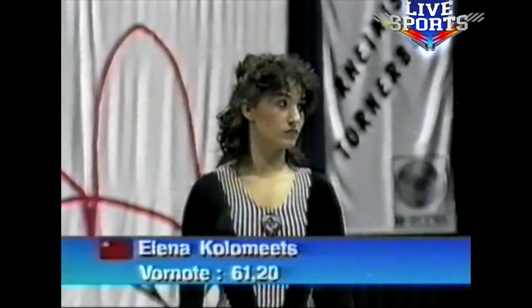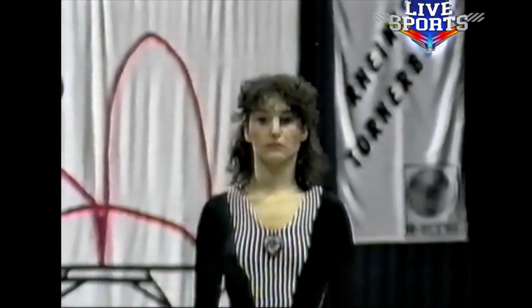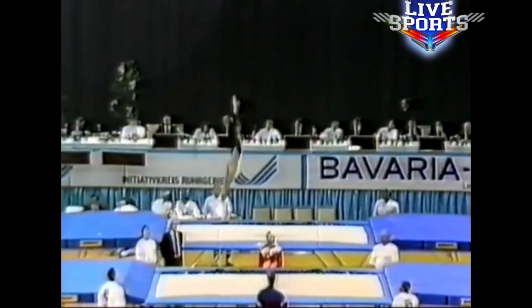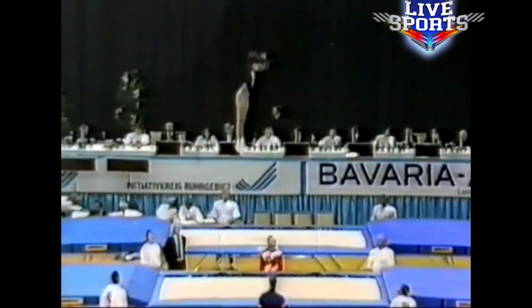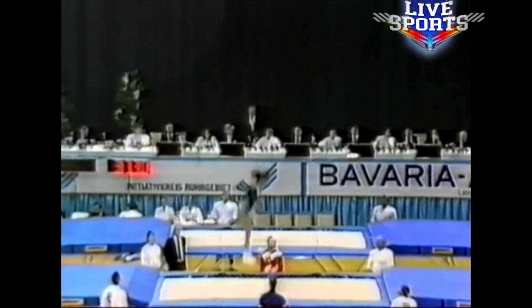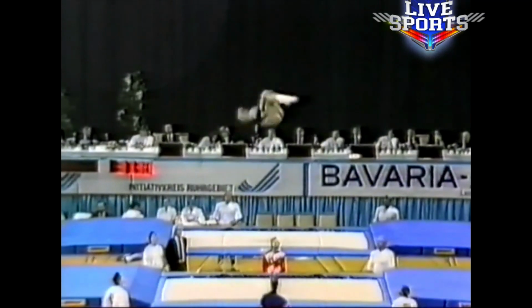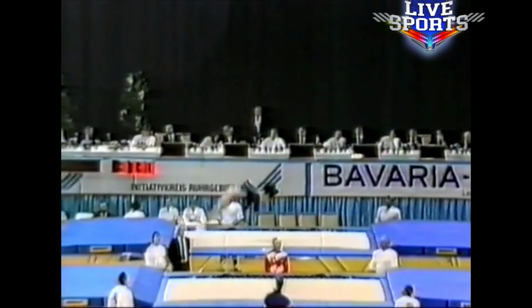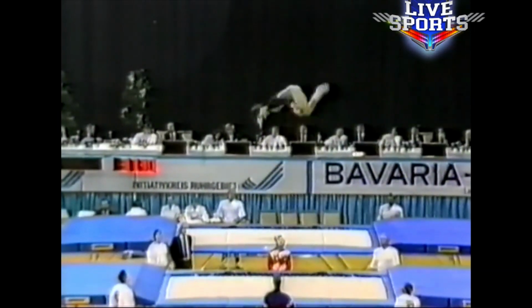The next competitor, Elena Kolomets from the Soviet Union, with a carryover score of 61.2. She is currently lying in 8th position. When they bounce in the final, they bounce in reverse order, so we would see the 10th position first. There's a Rudy out piked and half-in Rudy out tucked. Superb quality routine this. Half out tucked, a half out piked, building the height up there, staying right in the